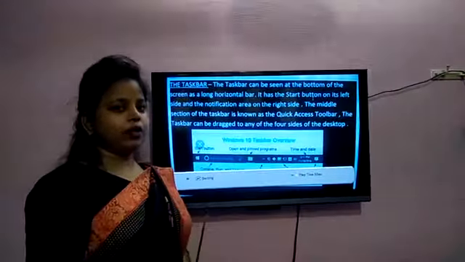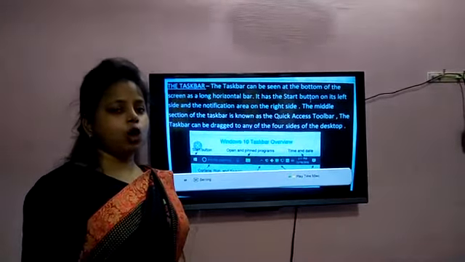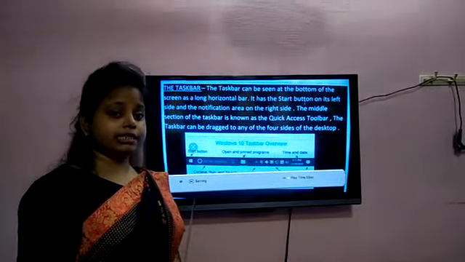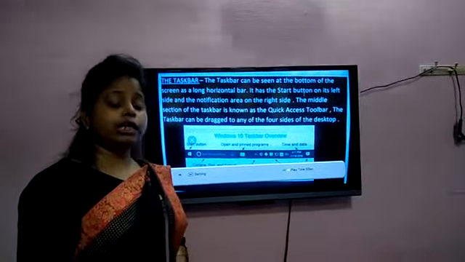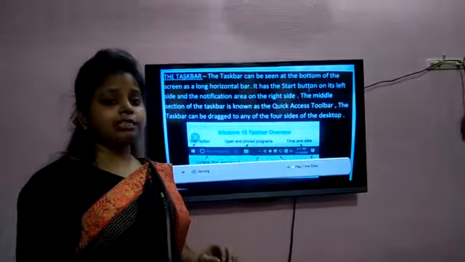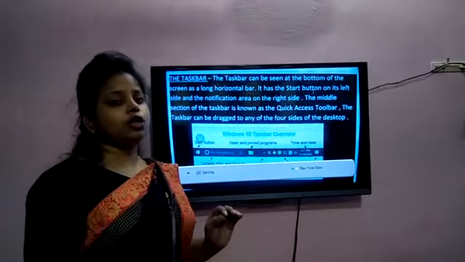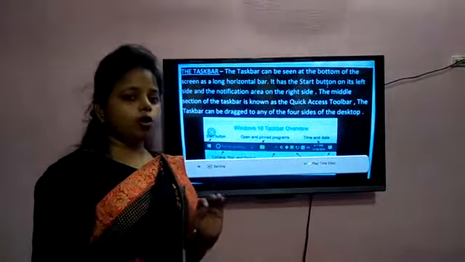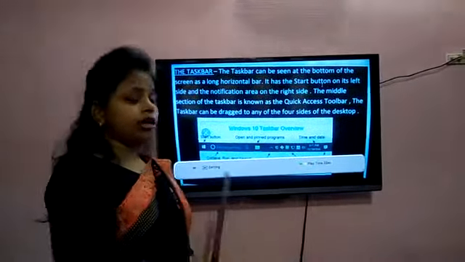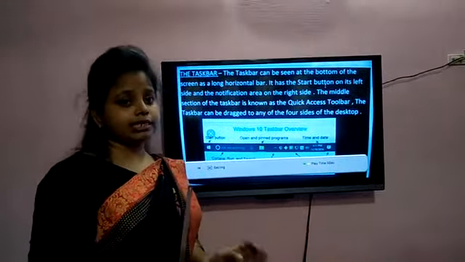Okay, next. After the features of Windows 7, we will discuss the taskbar. First I will tell you what the taskbar is, students. The taskbar is present at the bottom of the screen, meaning the desktop. You can see it is always present here at the bottom of the screen.